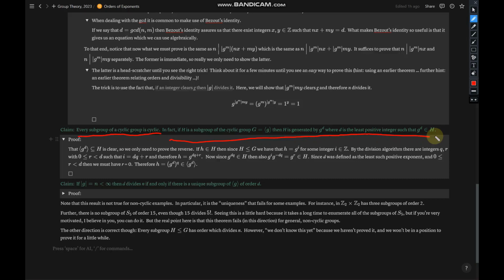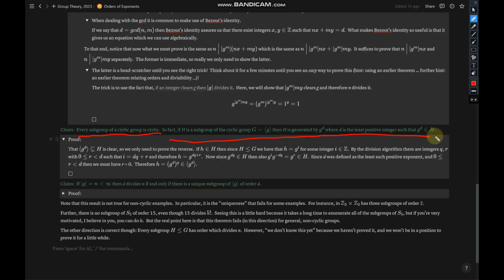Now, I think it makes some intuitive sense that it would be g to the i for a minimal choice of i, or as I've written it here, g to the d, where d is minimal. Certainly that's an element of H, just by definition. And I also feel, I'm just talking feelings for a minute, that this just feels like what should generate H, because